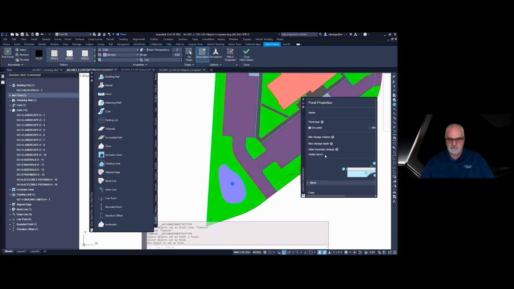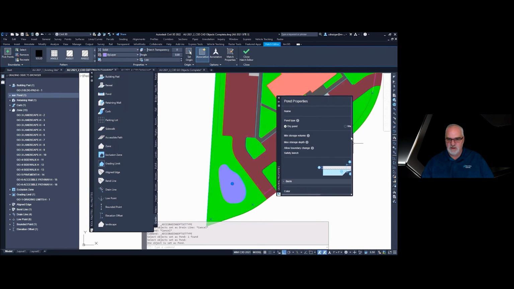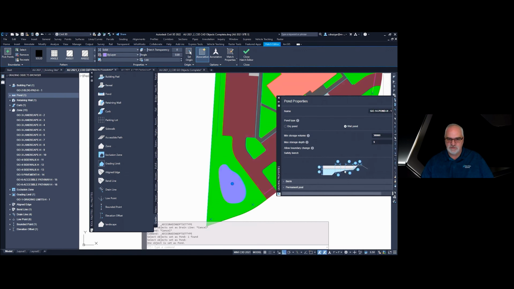Not necessarily the best place for a pond, but it will work for this exercise. You have an option between a dry pond or a wet pond. You select wet pond, you get a few more options that you have to define. We want it to be a dry pond, something that things just work into.